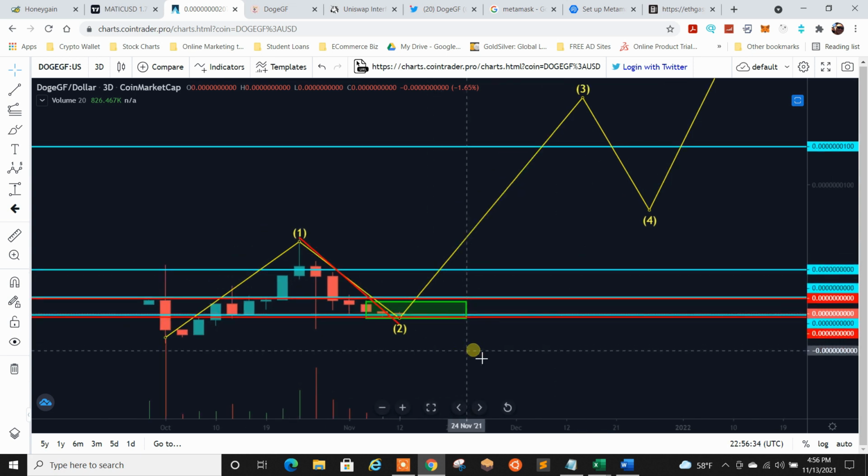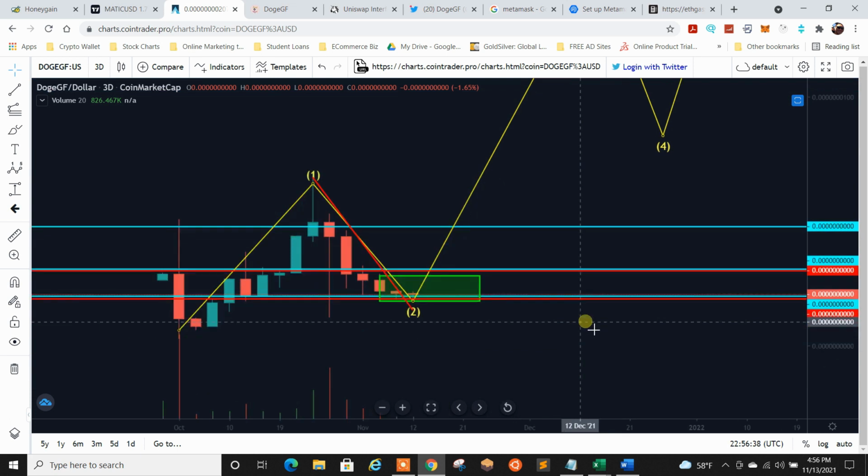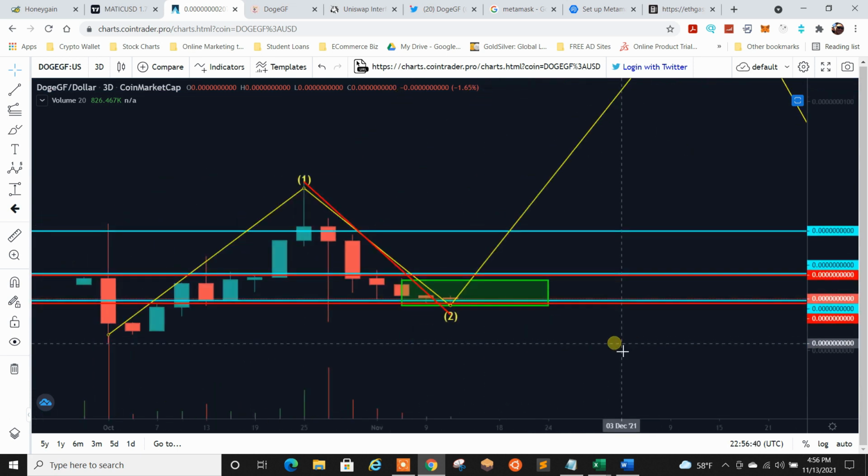Like I said, back up the truck. Right now is a great buying opportunity because I don't think you're going to see these prices ever again, quite frankly. And if you're wondering how to buy Doge GF, it's pretty simple, guys. I know it's not listed on any exchanges yet. You might go check out Matty G's channel because from the sounds of it,